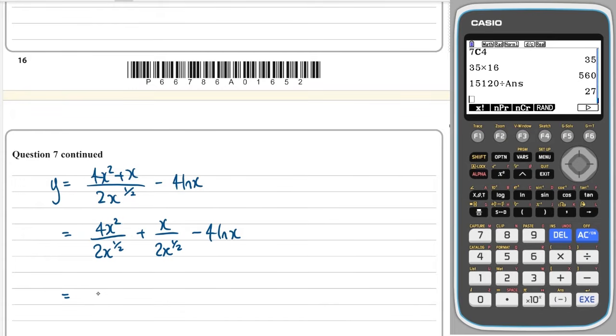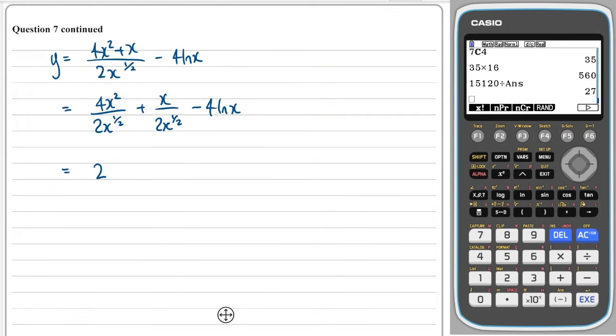So 4 divided by 2 is 2, and x squared over x to the half, we subtract the powers, so we get 1.5, or x to the 3 over 2. And here we're going to get a half, so it's 1 over 2, and we're going to get x divided by x to the half, so we should subtract the powers to get x to the half. Much better. Now we can just differentiate that directly,